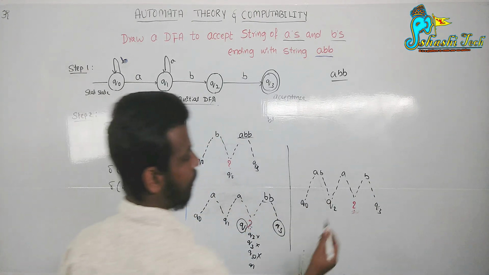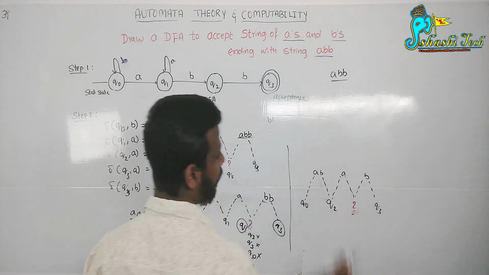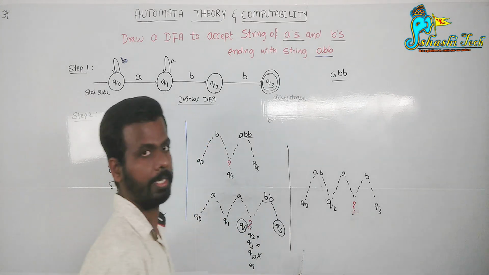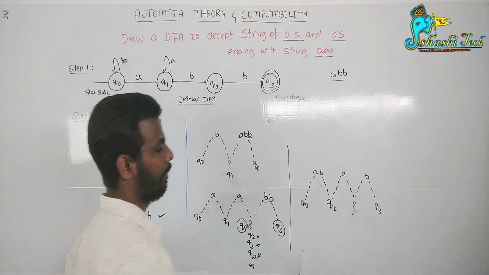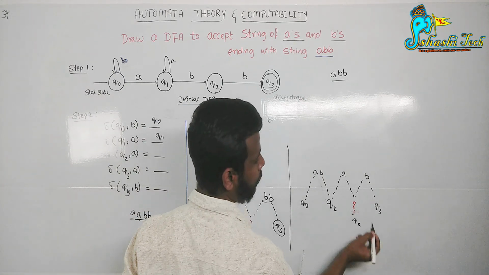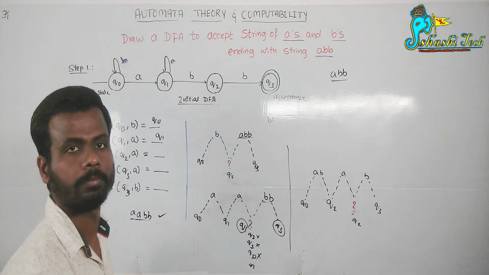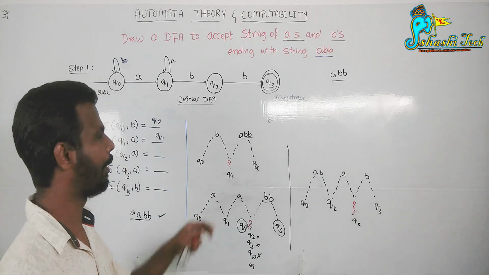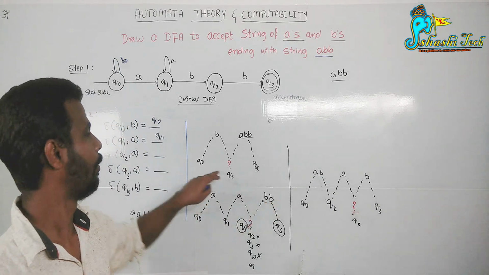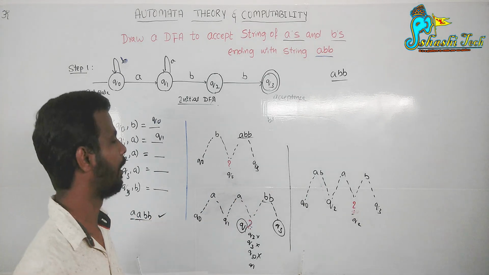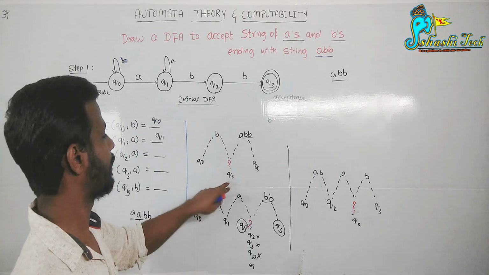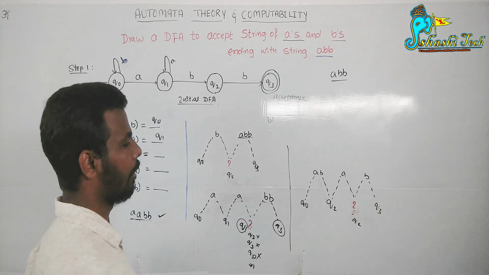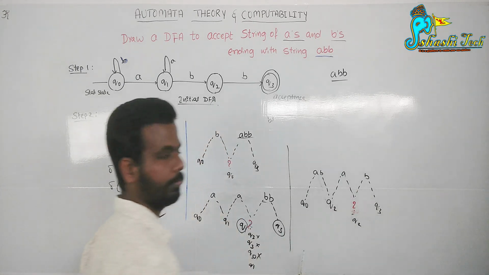We need to find something. What shall we write here? You tell me. We shall write Q2. Yes, you can write Q2 because we have done two things here. That one is also the same. Here Q0 upon accepting B is going to Q0. Q1 upon accepting A is going to the same state. Here also we shall write like that only.